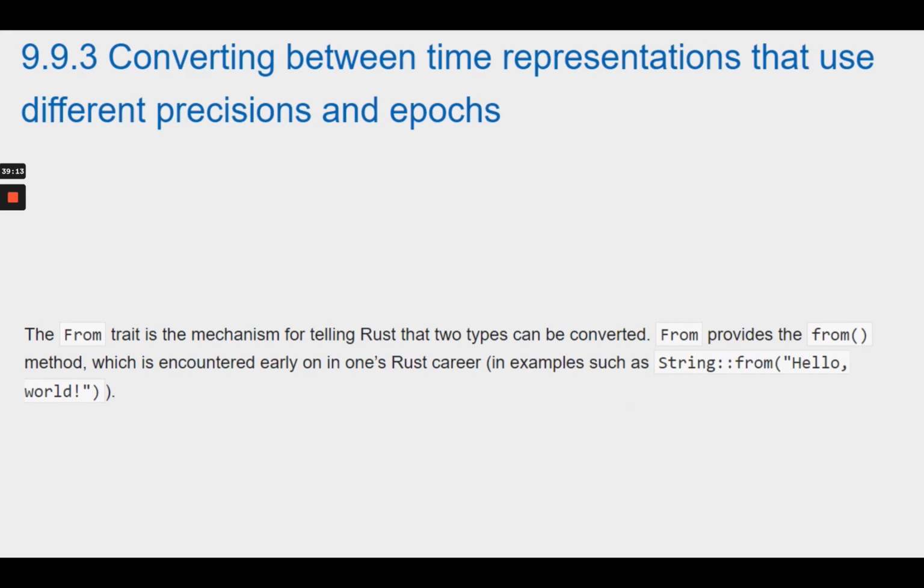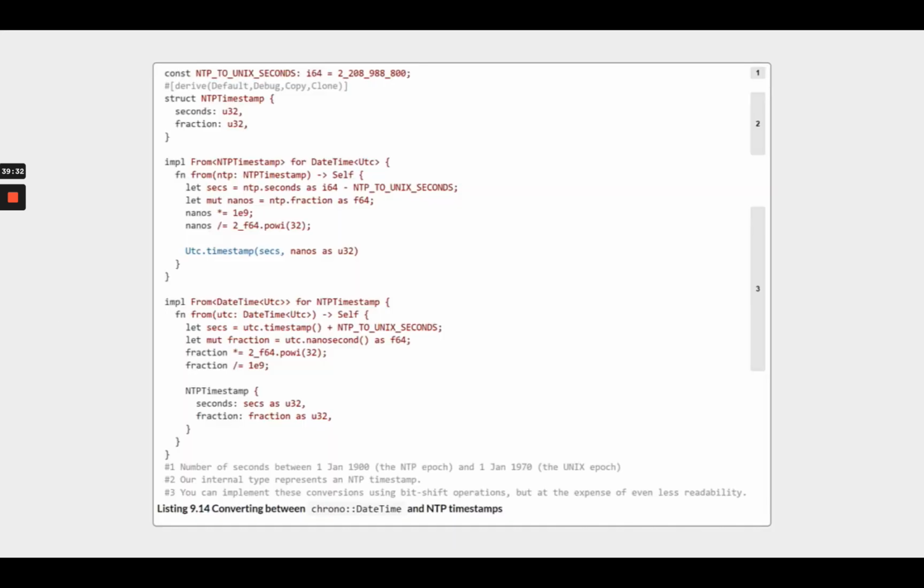The From trait is the mechanism for telling Rust that two types can be converted. From provides the from method, which is encountered early on in one's Rust career, in examples such as String::from("hello world"). The next listing, a combination of 3 extracts from listing 9.15, provides implementations of the std::convert::From trait. This code enables the .into() calls on lines 28 and 34 of listing